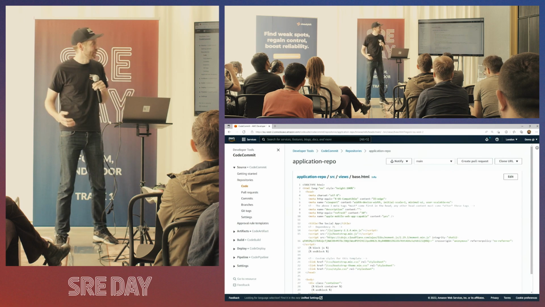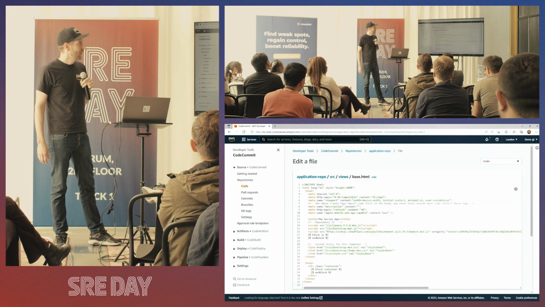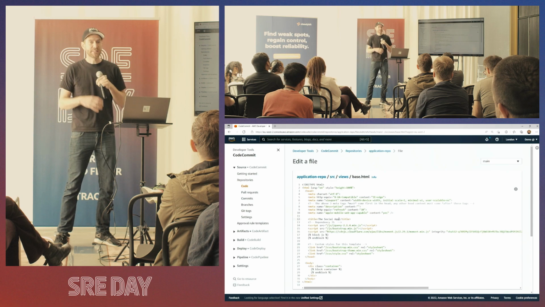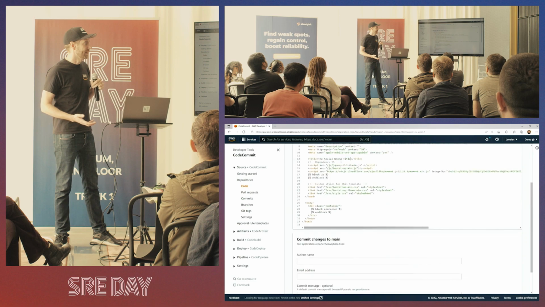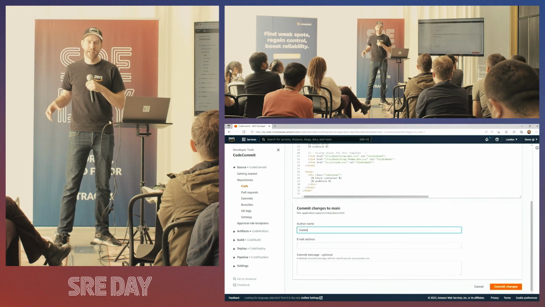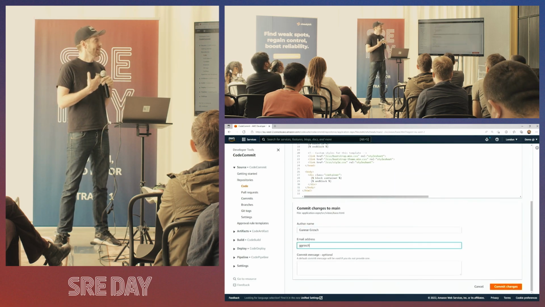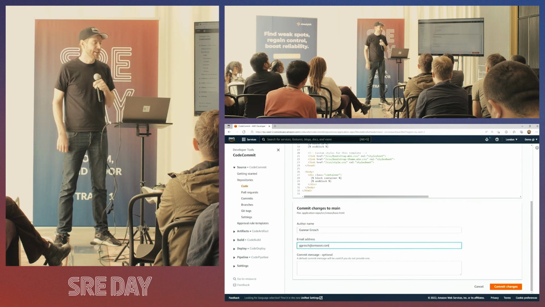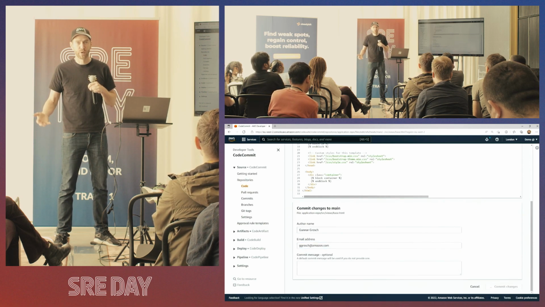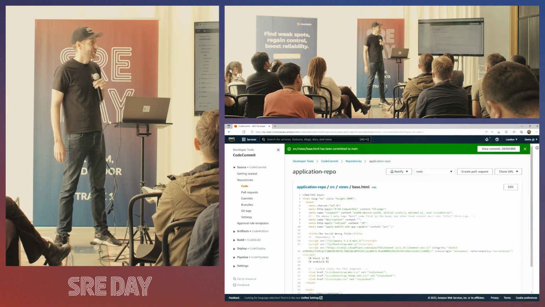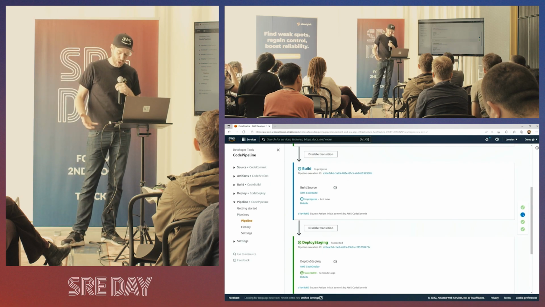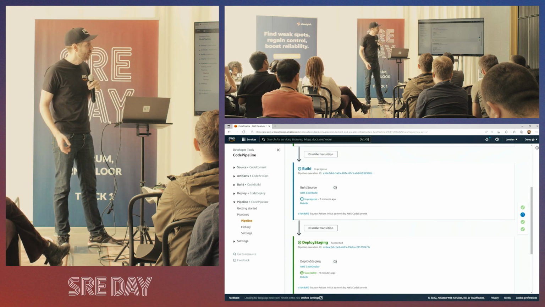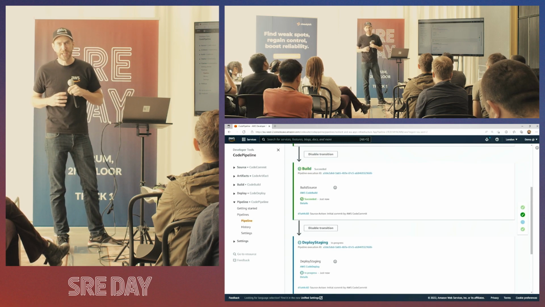As one does, we'll just update it straight in the Git repo and make a change. This alarm is checking for the title of the page, but it could be checking for anything, basically. So we're just setting it to the wrong title. So when this monitor is checking for the title of the page or checking for an error, it should then hopefully find that it's not working. So it fetched the new code, it's building the new code, and it's then going to deploy that to our staging environment.